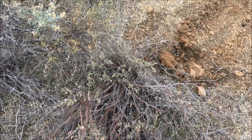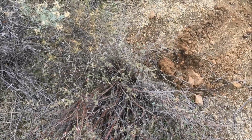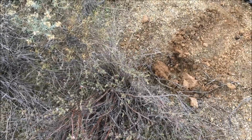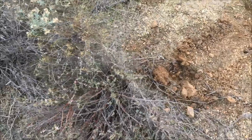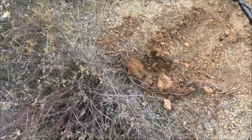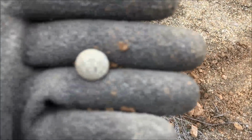All right, I'm back out with the Equinox today, hunting the same spot that I got all the seeded dimes at yesterday. That was crazy. I haven't got back to that area yet. On my way there, I got a couple bullet shells already, but I just got a nice solid 18, 19 on the Equinox, and I dug out